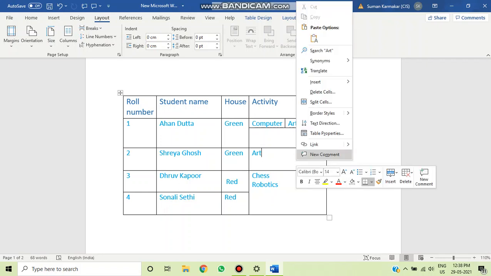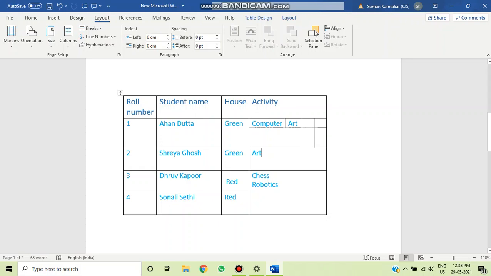Then you can move your mouse and resize the cells. So this is how, students, you can merge different cells, split cells, and resize the row and column as per your choice.